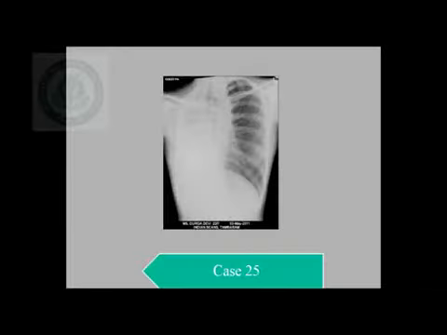Now this is an end stage tuberculous disease on the right side. You see a dense hemithorax on the right side along with shift of the trachea as well as the heart to the right side. If you notice, the right-sided ribs are totally collapsed and crowded, and the right hemithorax volume is reduced. A case of destroyed right lung with a fibrothorax.